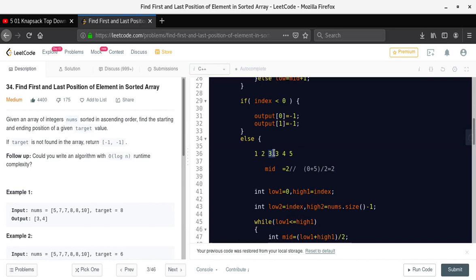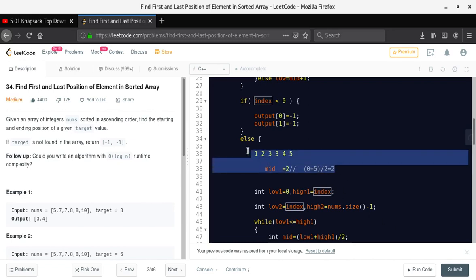So we found element 3 at index 2. Suppose 3 was the target value, and we just found 3 at the first place, right? That is why we are taking the high of the left side as index, because it may be possible that there is no other element, no more elements, right? But it is an element, so yeah, it will be the first element.